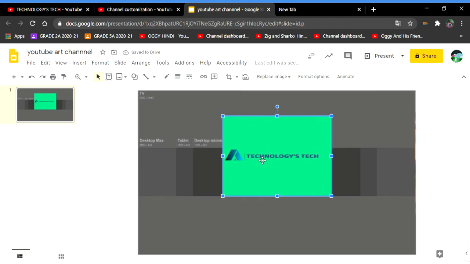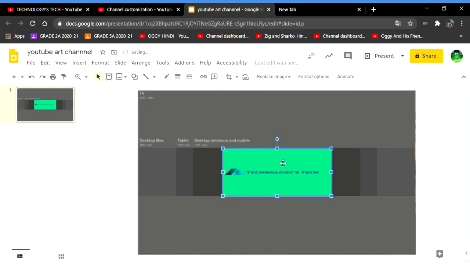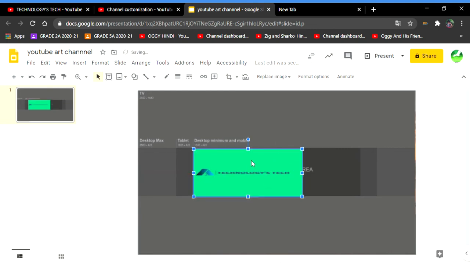So now we can put this easily. We have to put this in the desktop minimum and mobile minimum only.